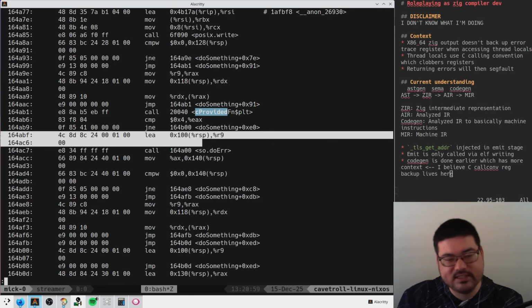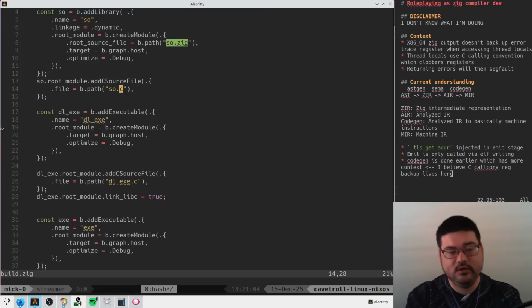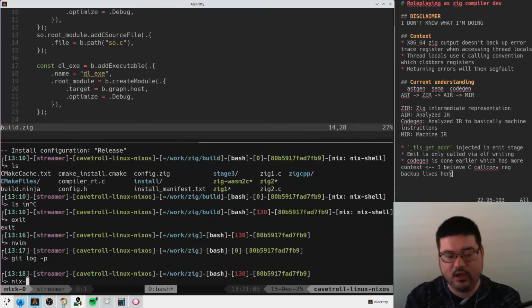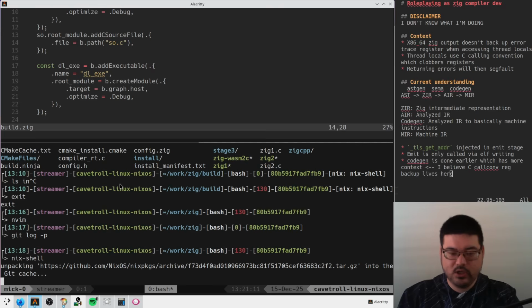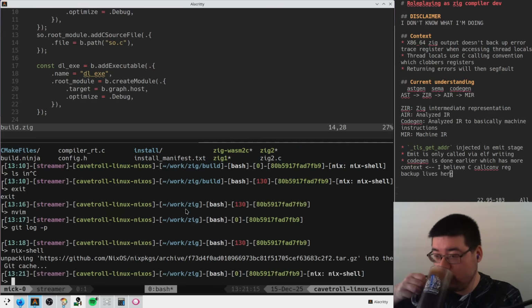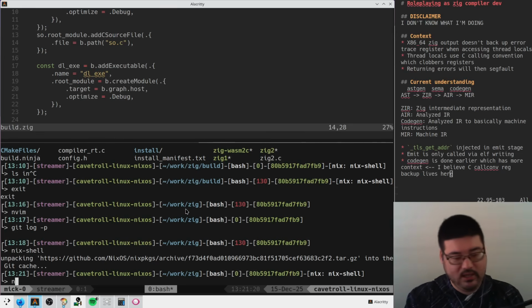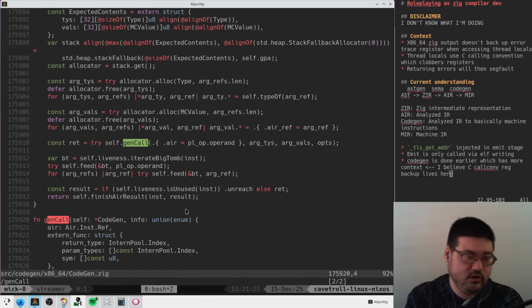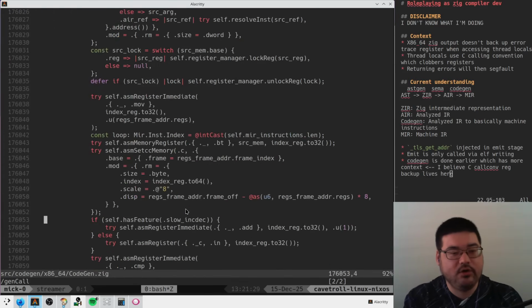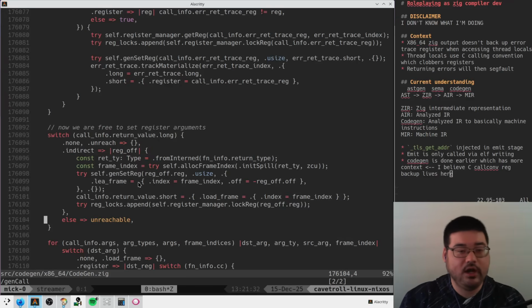So if we can get this to disappear, then I think that we'll know we did something correct and that we understand where that code is emitted. You know what I mean? So I think this is in x86-64 code gen. And I think this is in gen call. This is my suspicion. I don't know exactly where yet, but I know that,